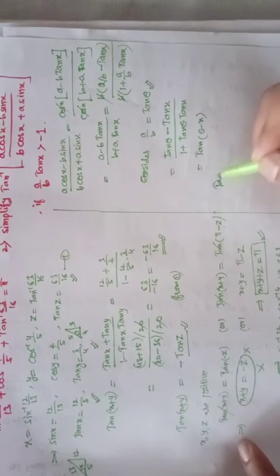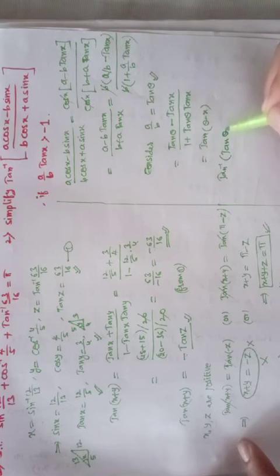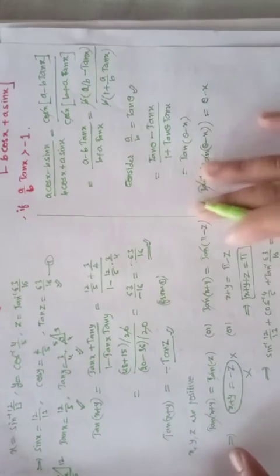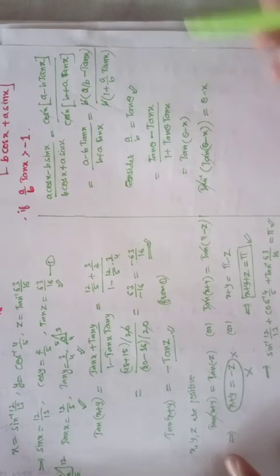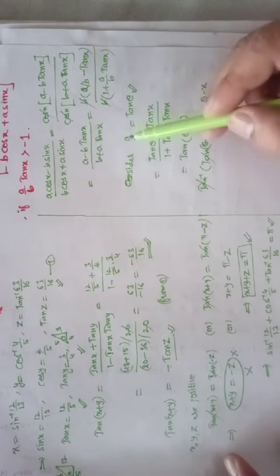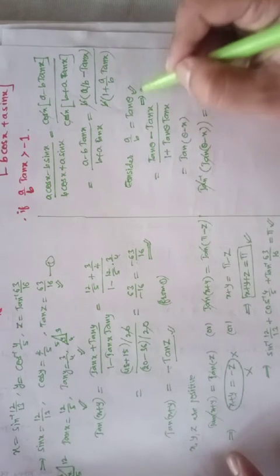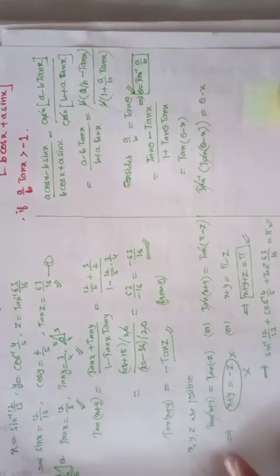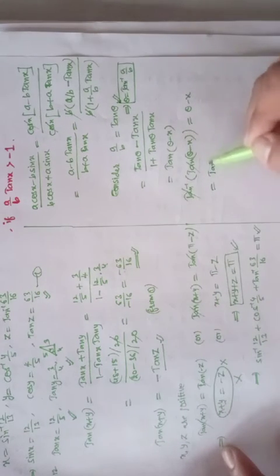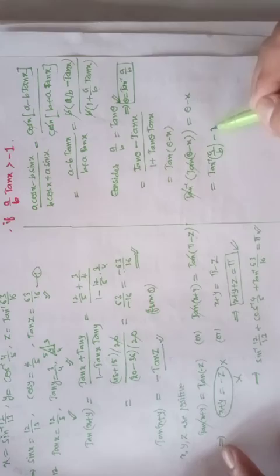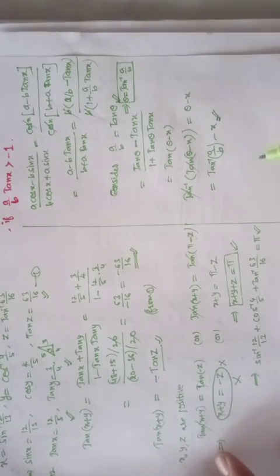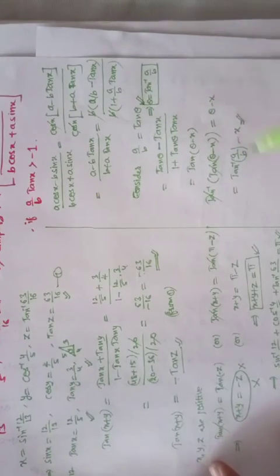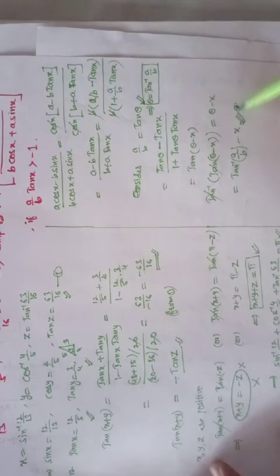Now tan inverse of tan of theta minus x, tan and tan inverse cancel, equals theta minus x. Then a by b is equal to tan theta, so what you will get is theta. Theta is equal to tan inverse of a by b. This implies tan inverse of a by b minus x. So this is your value, and simplifying the particular question, you are getting the answer as tan inverse of a by b minus x. This is your value.